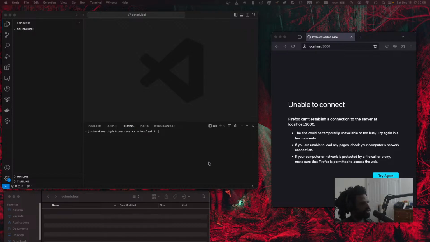Okay, so what we're doing, I'm gonna use Yarn because I don't really like and I think I'm gonna zoom in too, so